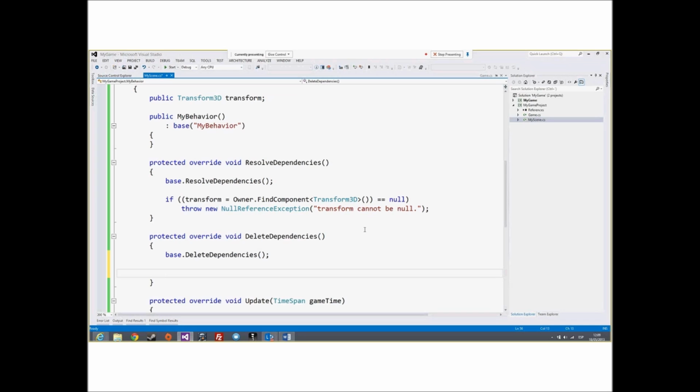And in the DeleteDependencies method, we need to release that instance.